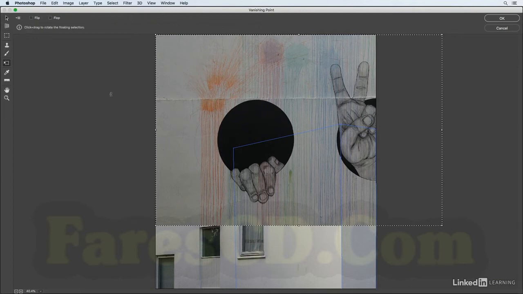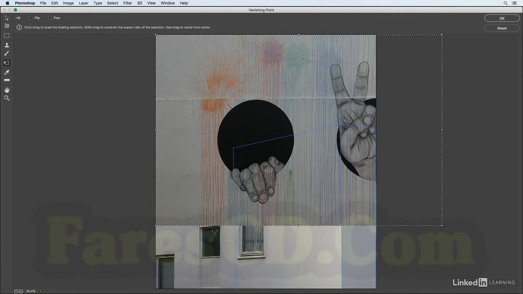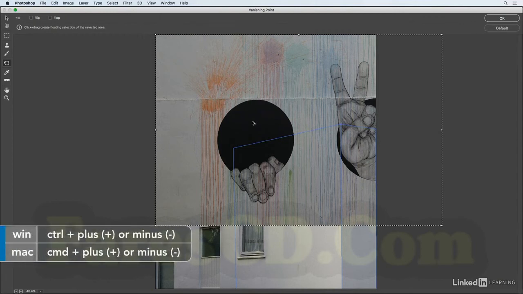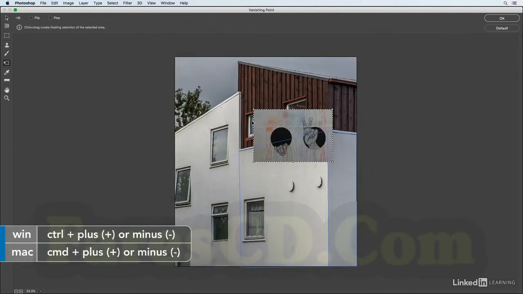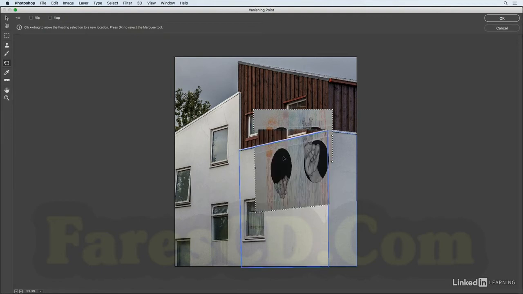And right now there seems to be a little bug in Vanishing Point that I'm experiencing, but by the time it ships, hopefully that will all be taken care of. I'm going to hold down the Option and the Shift key and then click and drag in order to transform this down. But you'll notice that I actually don't get a redraw of the screen. So I'm going to use Command minus just to zoom out, and you can see that Photoshop did actually transform that. Then with the Transform tool still selected, I'm just going to drag it inside or on top of the perspective plane. But again, I'm getting a little bit of a redraw issue here, so I'll use Command plus in order to zoom in.